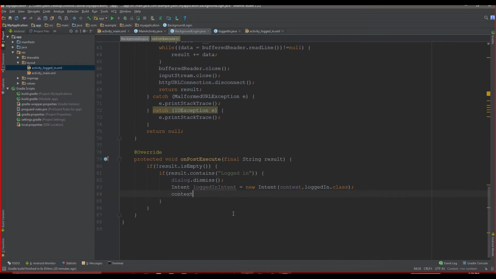And context.startActivity logged in intent, and otherwise